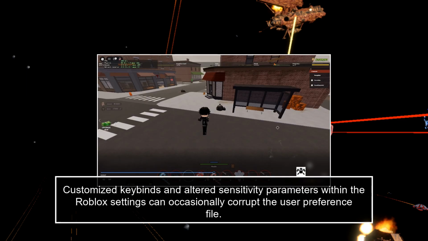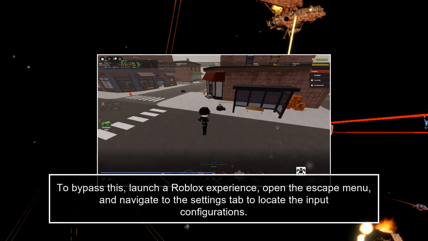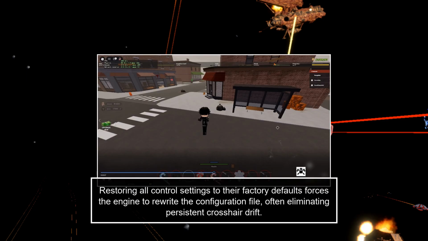Customized keybinds and altered sensitivity parameters within the Roblox settings can occasionally corrupt the user preference file. To bypass this, launch a Roblox experience, open the Escape menu, and navigate to the Settings tab to locate the input configurations. Restoring all control settings to their factory defaults forces the engine to rewrite the configuration file, often eliminating